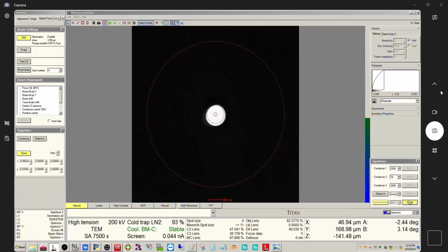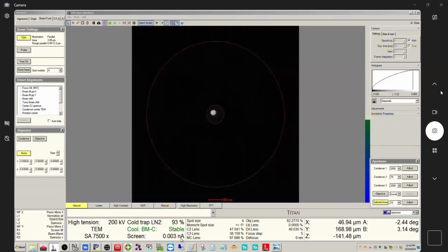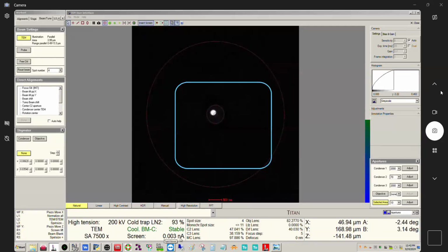What would probably be better than this is to cut this down even further and to go to the 10. So if we go to the 10, because area scales with the square of the diameter, we should see a reduction in the current by a factor of 16. Okay, so I'm going to go ahead and put that in, and yeah, that's basically what we see. So you can click adjust here,